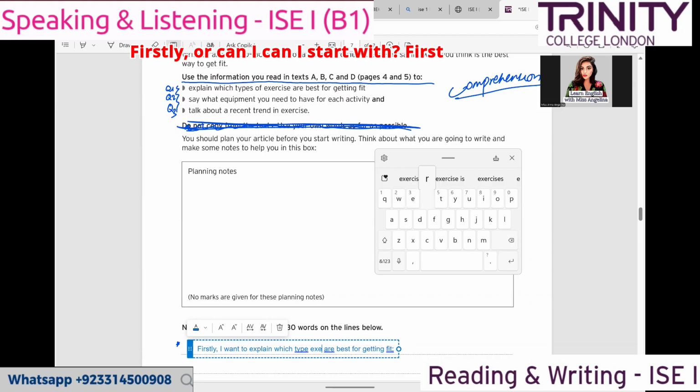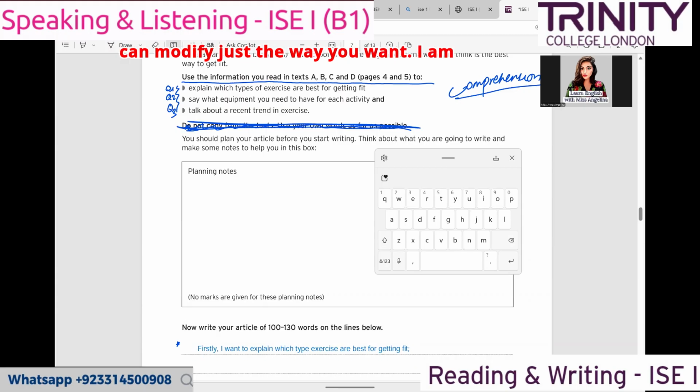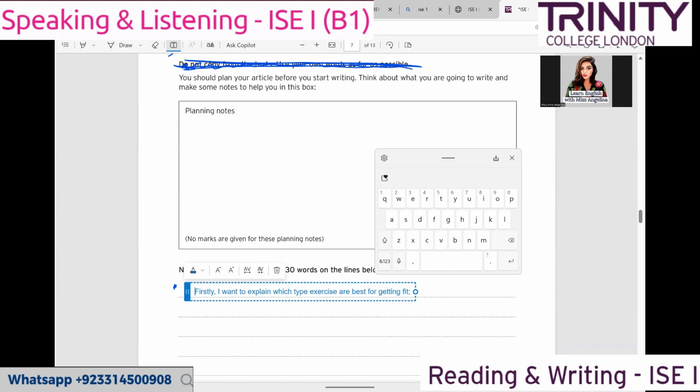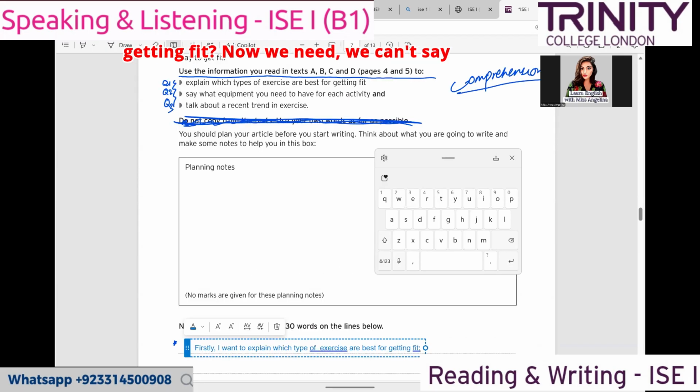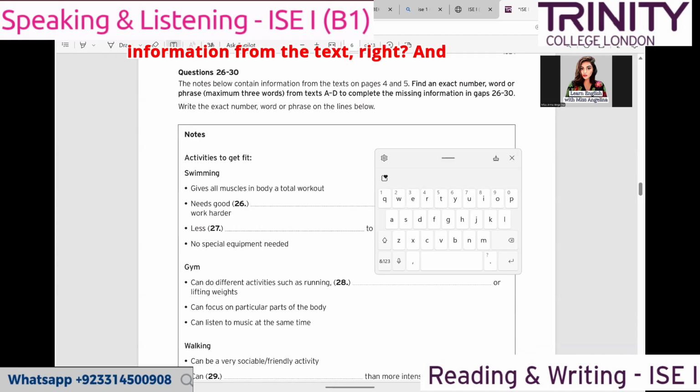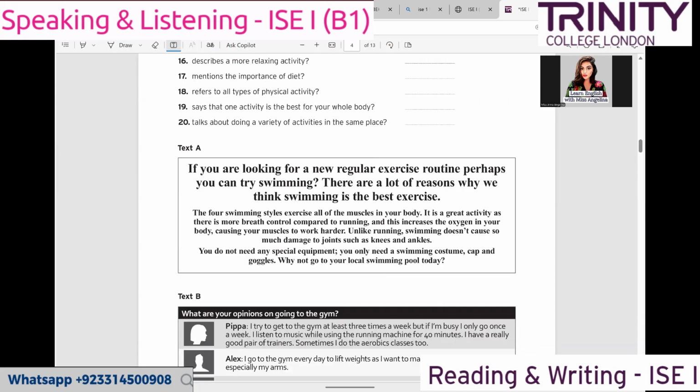Firstly, or can I start with first of all, I want to explain which? Absolutely. You can modify it just the way you want. I am telling you the layman's idea, like anyone who's horrible at English can still do this and pass. So, firstly, I want to explain which type of exercise is best for getting fit. Now we can't say football, we can't say other stuff, but we have to pick information from the text, as we've been informed about